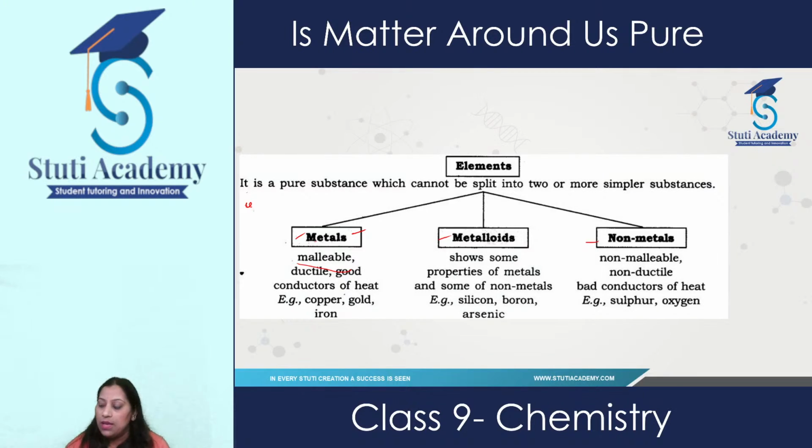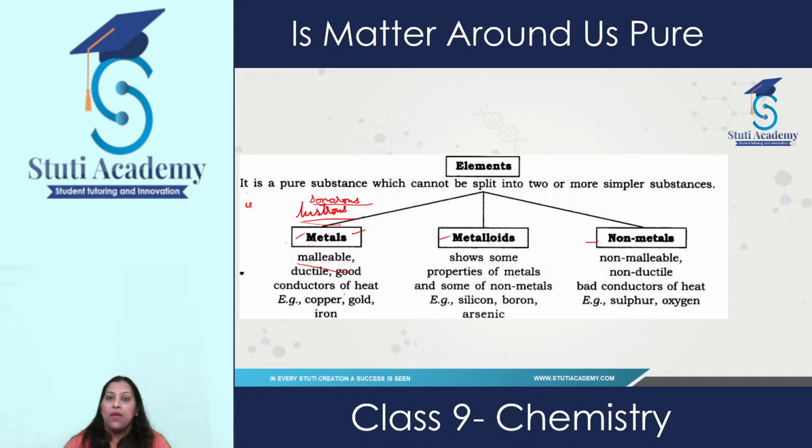Apart from these, metals are lustrous. It means they have shine. Gold, silver, aluminium, copper, if you see all these metals, they are shiny in appearance. So that shiny appearance property is known as lustrous. Apart from this, they are good conductors, they are malleable, they are ductile, they are lustrous, and they are sonorous also.